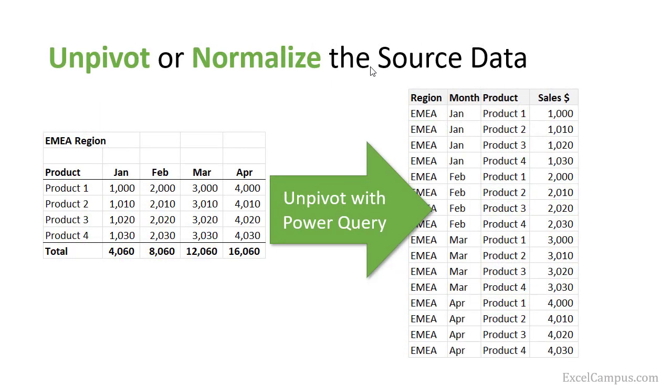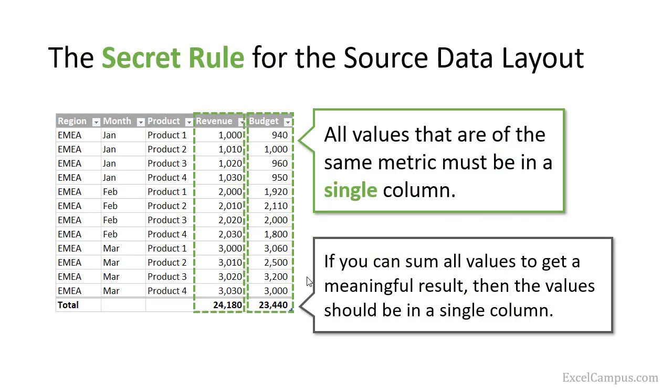So we just saw how to unpivot or normalize the source data. We looked at how we can use Power Query for that. Now you could use formulas for that actually. I have a blog post on that. You could also use macros too. There's other ways to unpivot and clean up your data, and you can use VBA and macros. But Power Query, like I said, is just a one button. I mean, your data might be more complex, so it might be more than a one button click there, but you could still use Power Query even in a little bit more advanced